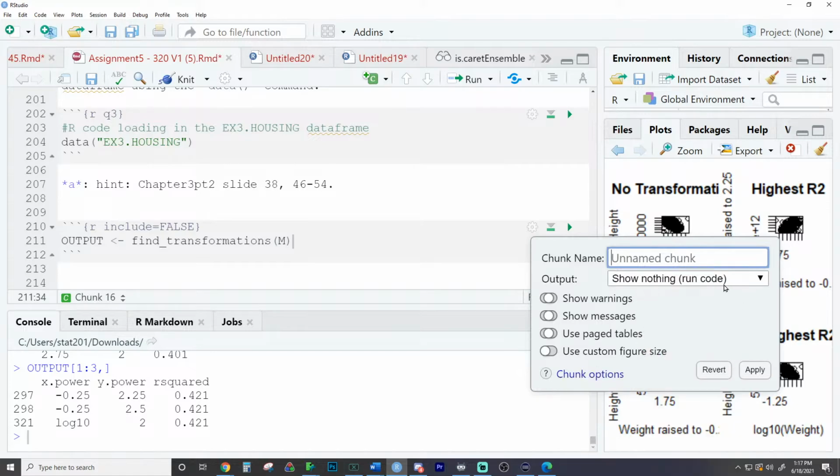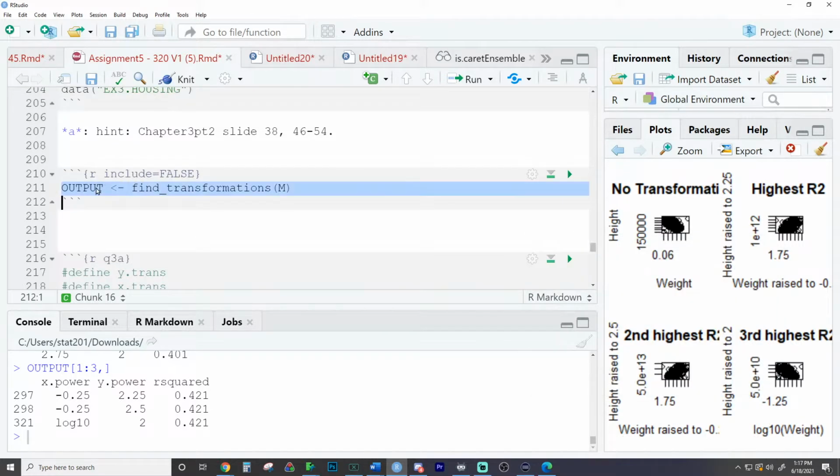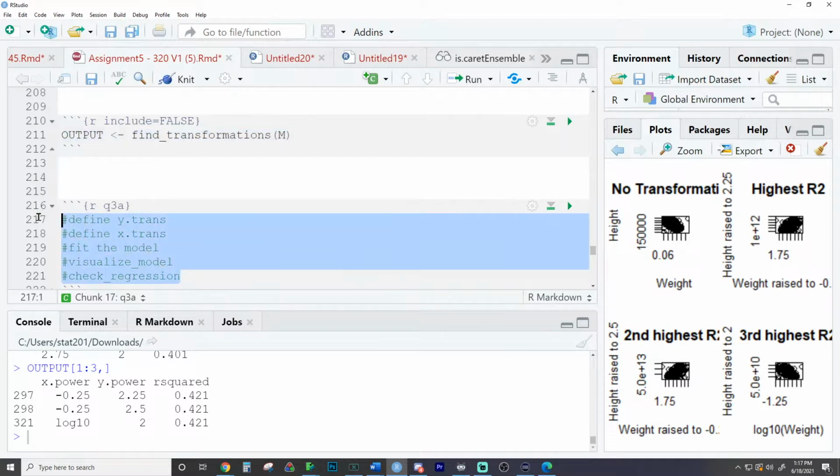Does that make sense there, Kirsten? The output options are show nothing, but still run the code. So this will run this code right here and produce the output, but it's not going to print anything to the screen. But if I do want to show the top 3 in my output, I'm going to go down here to a chunk